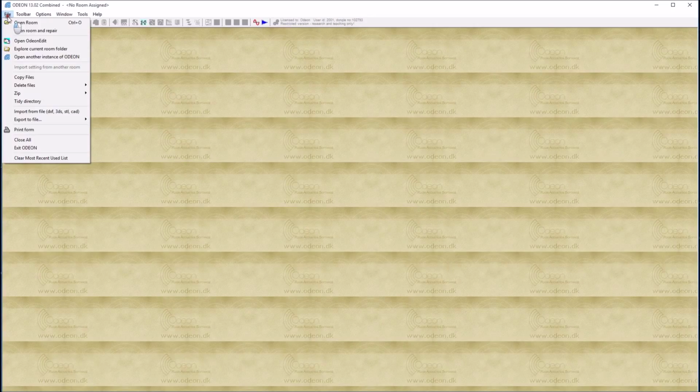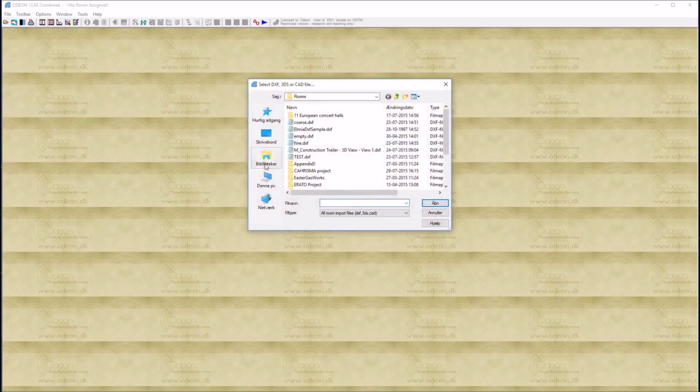There are different ways of doing that. We can use the SketchUp plugin that comes with Odeon, or we can import geometry files from CAD programs in one of these formats, DXF, which is a very common one, or indeed we can also use the native scripting format of Odeon. In this video I will try to import geometry in the DXF format, and the DXF format is the drawing exchange format, which is a very common exchange format for CAD software like AutoCAD, Rhino, Revit, and so on, many more. So let's try.